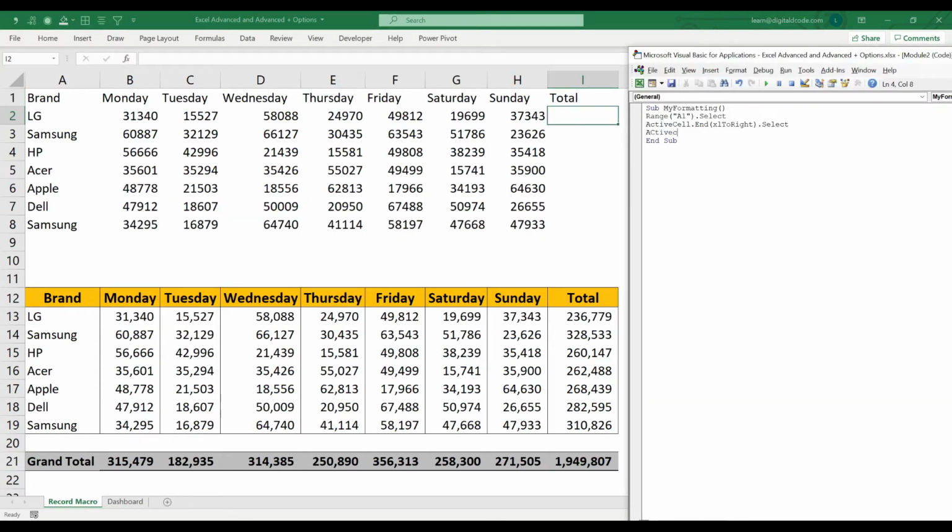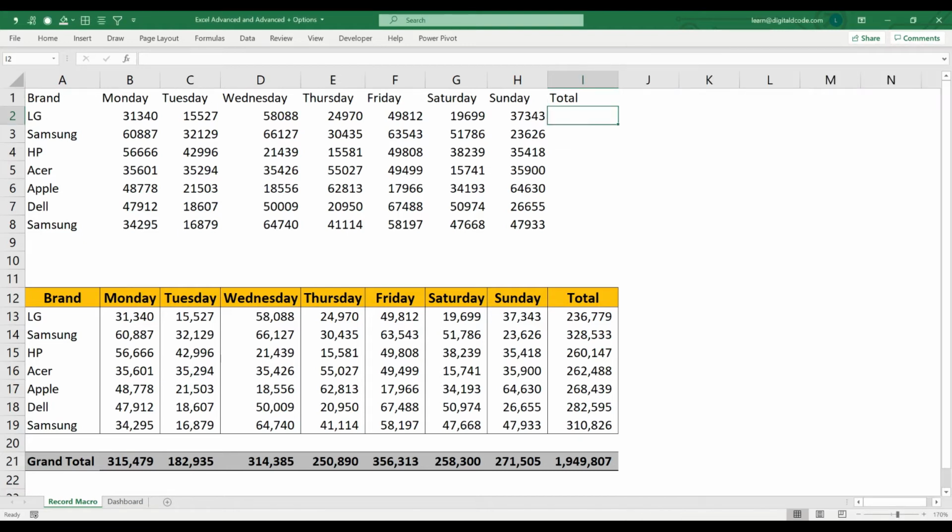To move the cursor, ActiveCell.Offset(0, 1). Then I'm going to update the total value, ActiveCell.Value = "Total", and then I'm going to move one cell down.